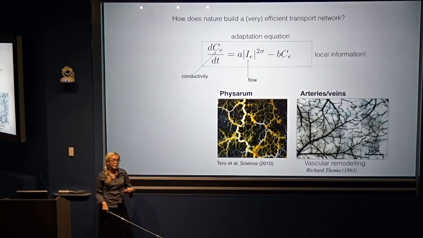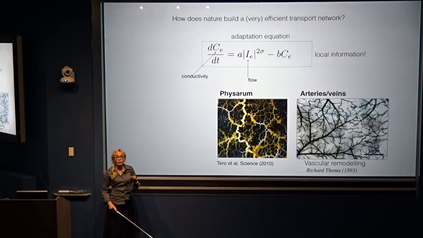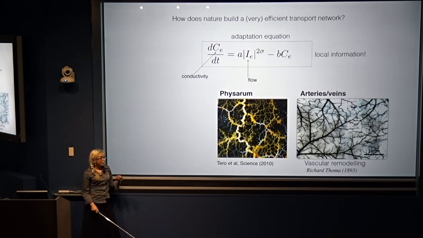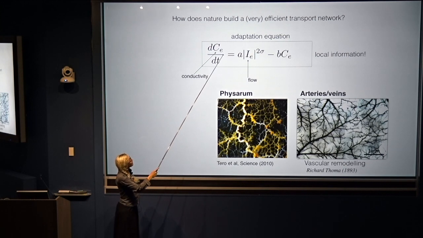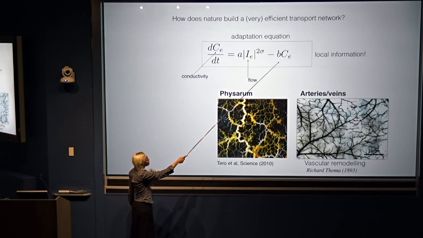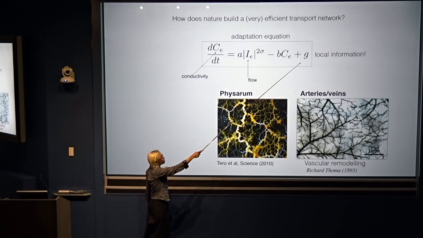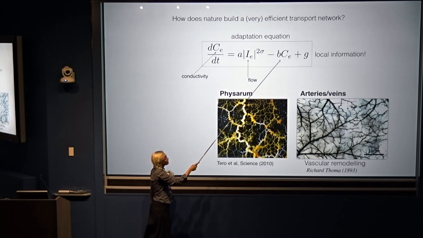which happens in embryonic development, but it also happens in adulthood. And one could get this equation, or the moral equivalent of that equation, from the shear stress equation that we saw in the previous slide. Now, there's a problem here. And that is, in the absence of current, I would not get a capillary plexus because the steady state of this equation is no vessels, no conductance. But if I add this constant production term, then even in the absence of current, I get conductance, right? I get the capillary